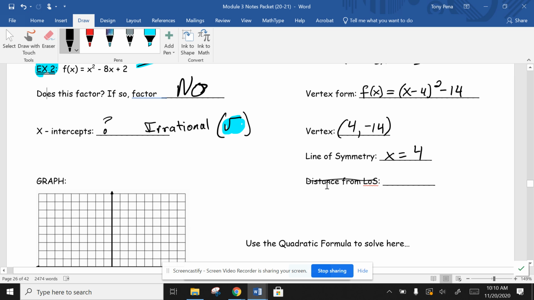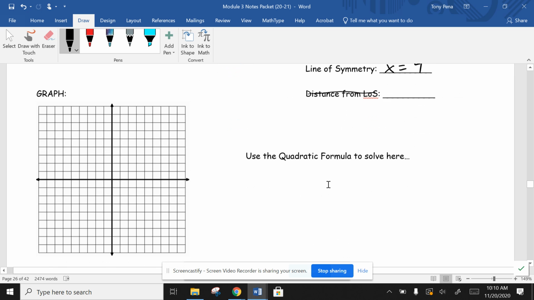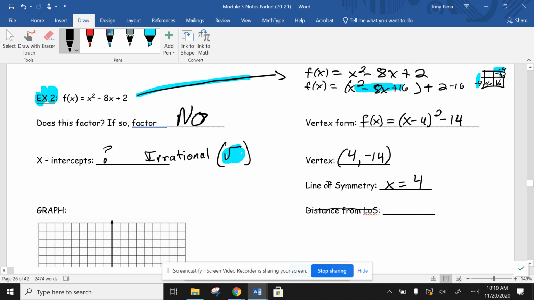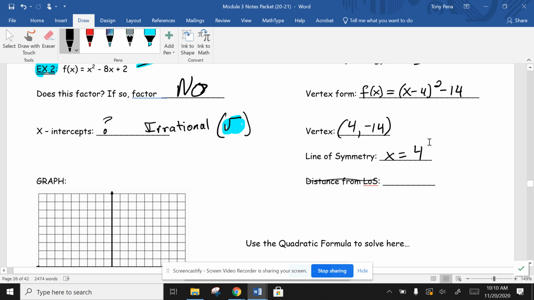We can plot that point, but what we're going to do, did I not leave enough room here? So what we're going to do is take this guy. I'll try to squeeze it in right here. And we're going to use our square root, what we just quizzed on. So we'll cross that out. So now take this x minus 4 quantity squared